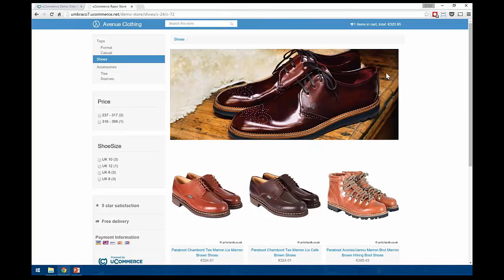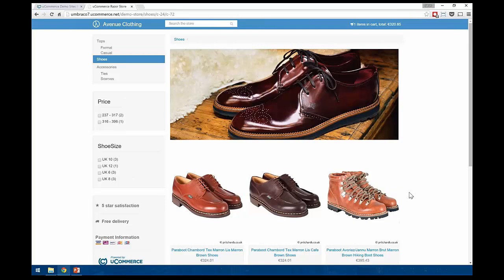Another example of a partner that just took this and went with it is an Israeli company that took this and translated the whole thing into Hebrew. So basically moving the menu over here to the right and switching the whole reading direction of text and things like that. It's kind of fun to see.